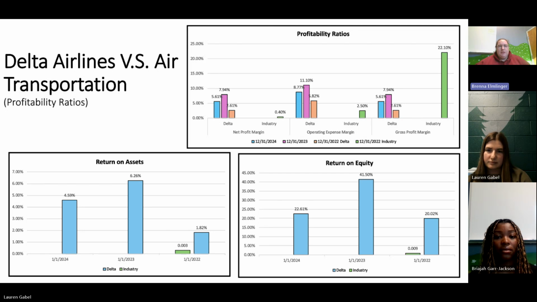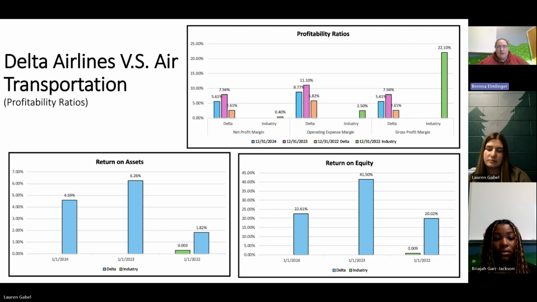Comparing 2022 to the industry comparison, Delta had a higher performance when it came to net profit margin and operating expense margin, but when it came to gross profit, they were largely outperformed by the other companies in their air transportation industry. Speaking on return on assets,